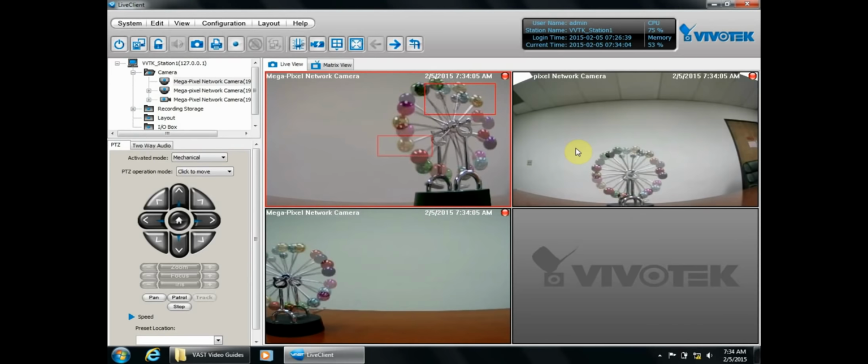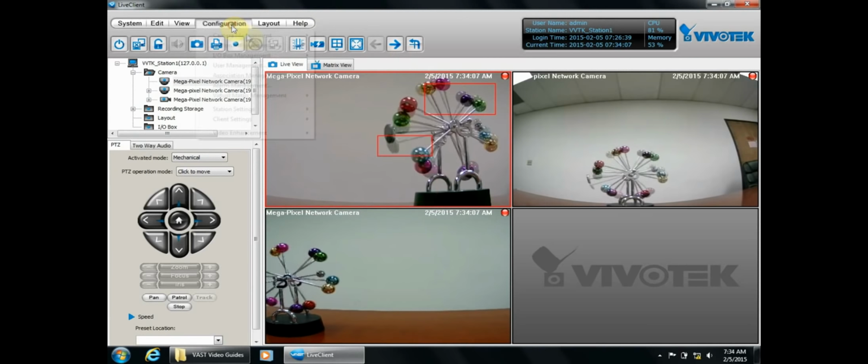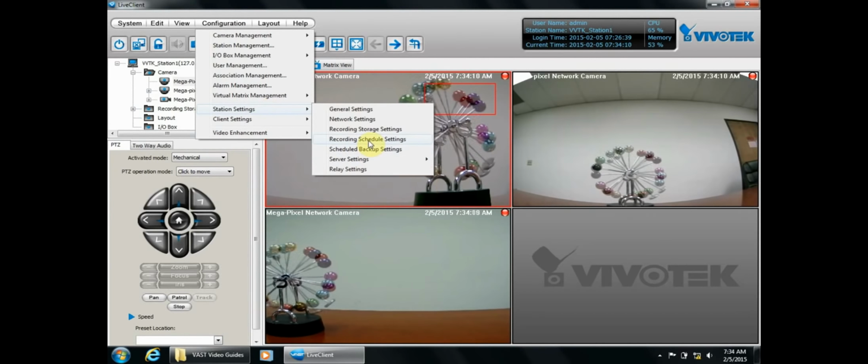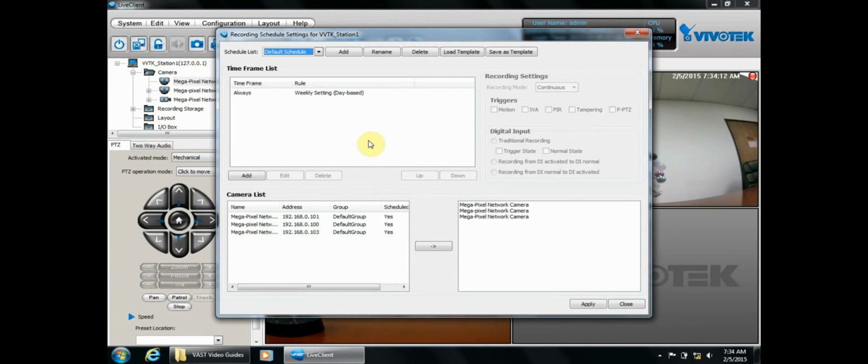Click Configuration, Station Settings, Recording Schedule Settings. Highlight where it says Always. On the right, the drop-down will indicate continuous recording. Change it to Event. If you want, you could also uncheck all the other triggers except motion. We'll click Apply,